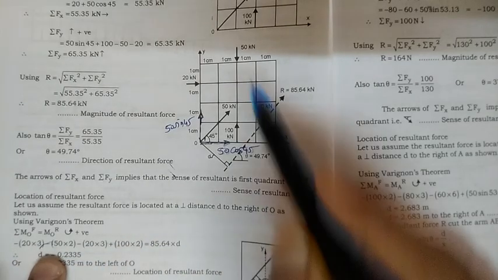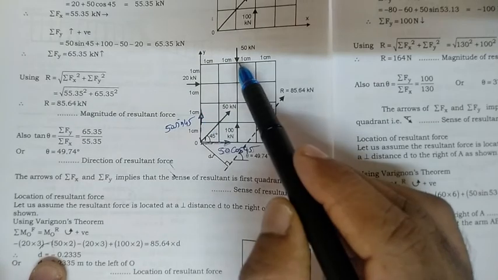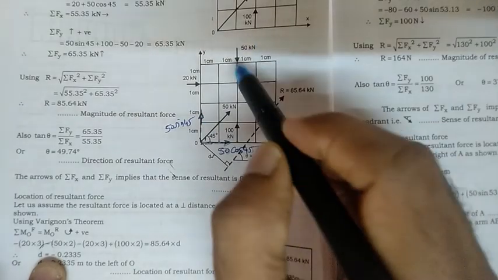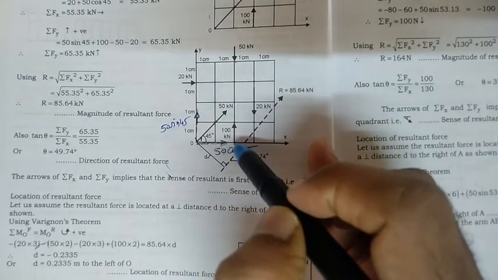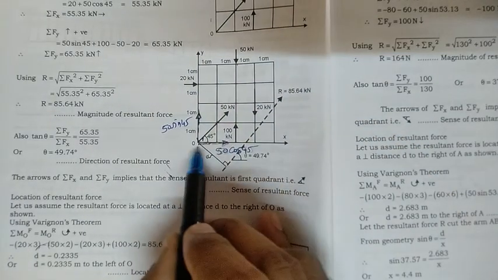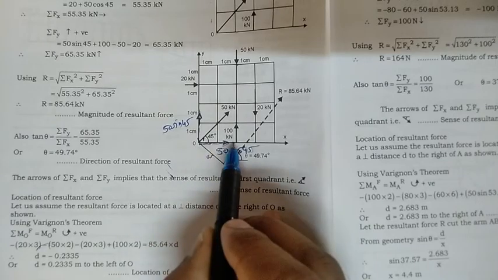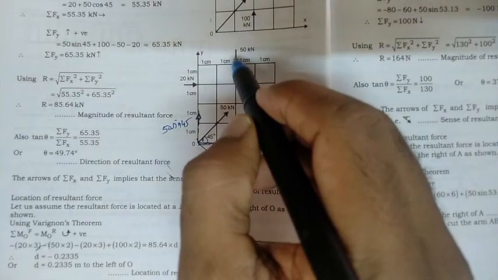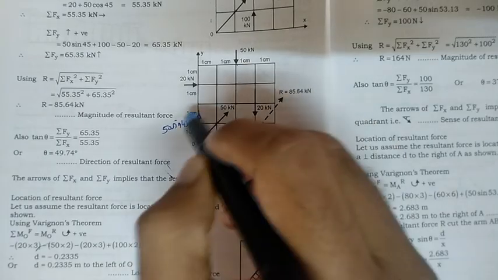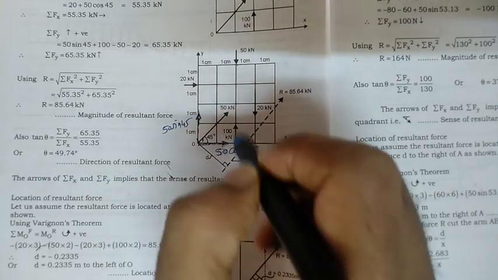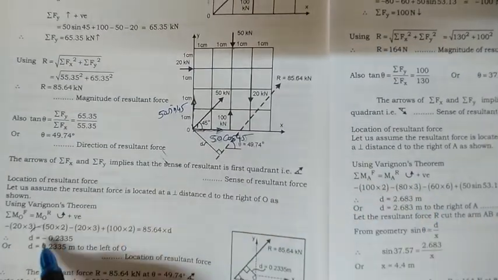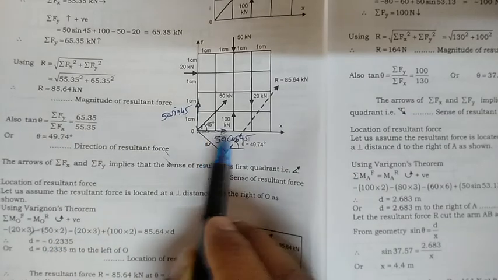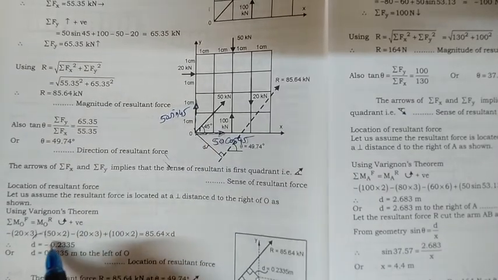So what about the next one? The next force considered is 50 kilonewton. See the line of action of this force. Try to extend the line of action of this force up to this point. Why? Because here we can get the perpendicular distance. So the perpendicular distance with us is 2. Just stretch the line up to here and see the tendency of this force to turn about this point in anti-clockwise direction. Sorry, in clockwise direction. For clockwise, you need to give the minus sign. So minus 50 multiplied by the distance 2.